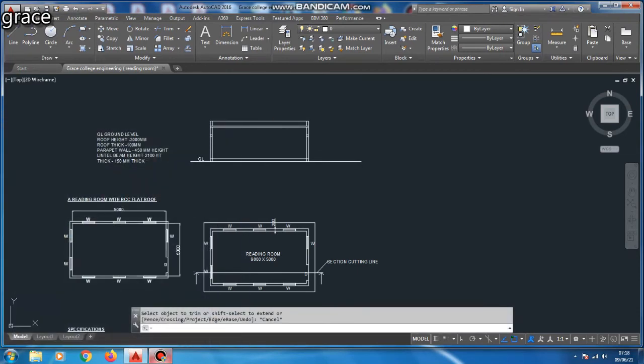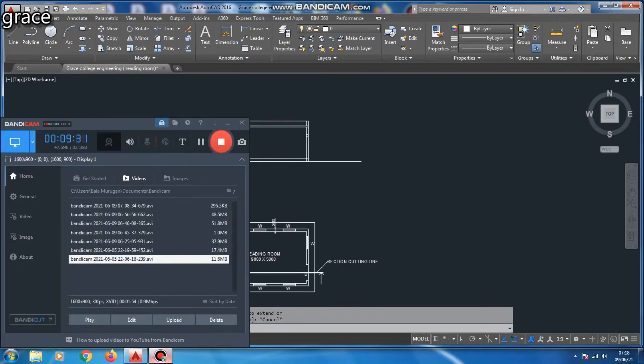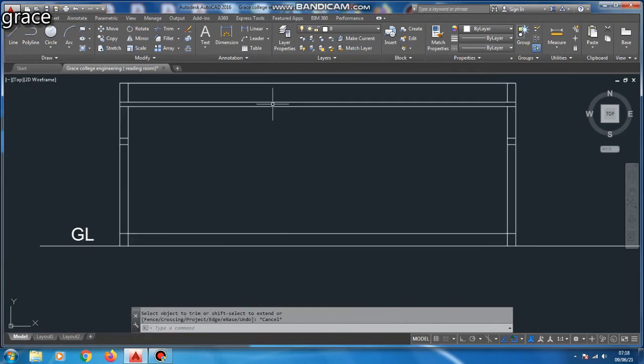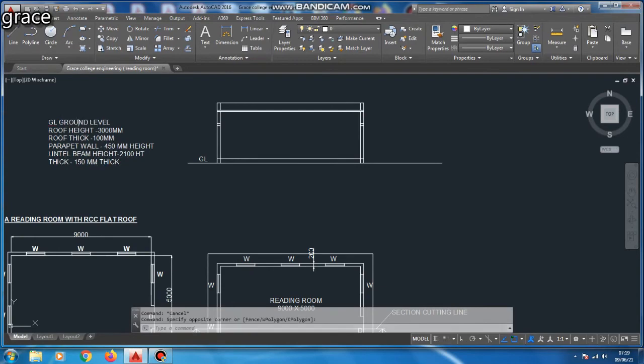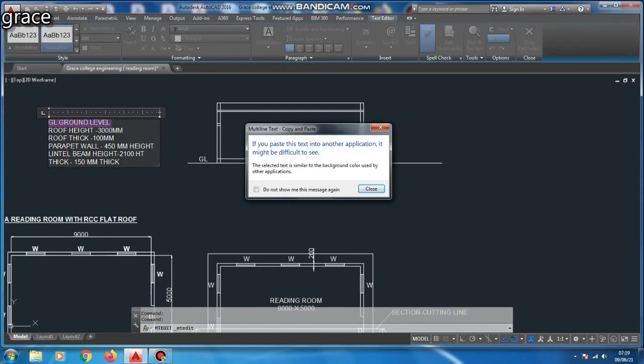So from the plan, we are going to complete our section of our diagram. Next, we have to give the specifications for our foundation. So the foundation is made of brick masonry with the PCC, that is a plain cement concrete, 600 mm wide, and the thickness is 20 mm, and the foundation is 600 mm below the ground level.